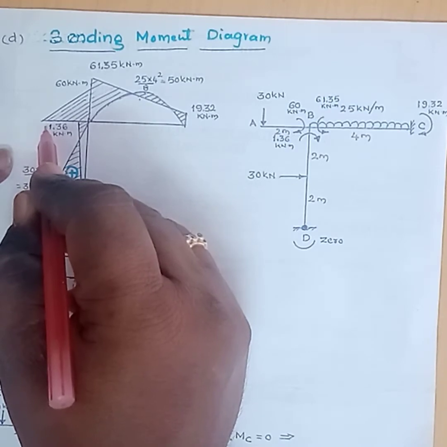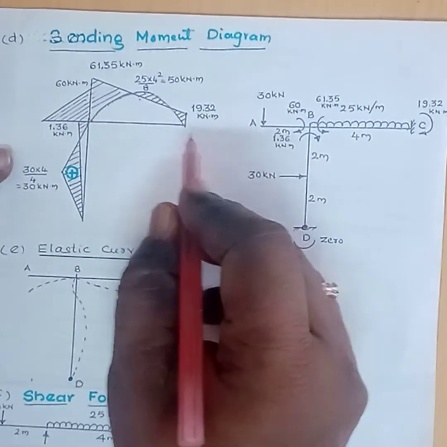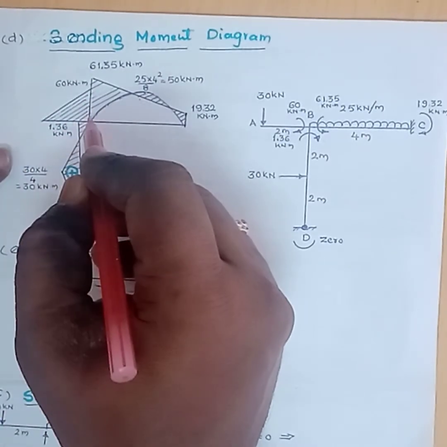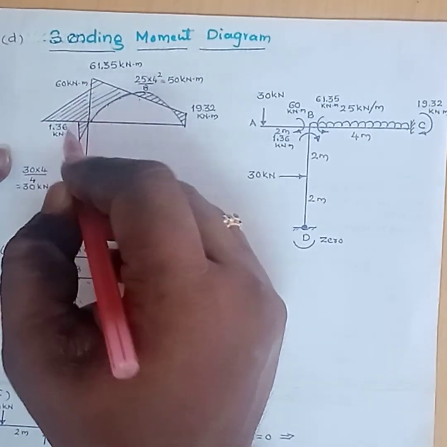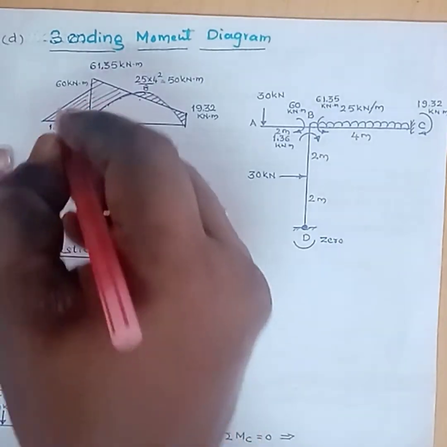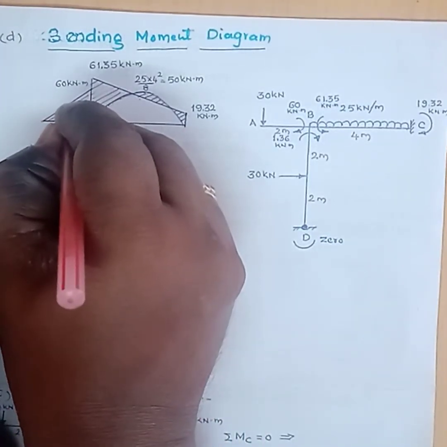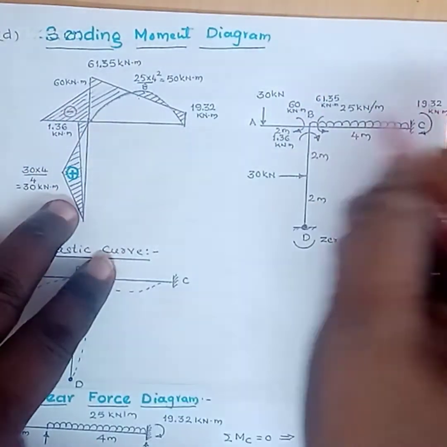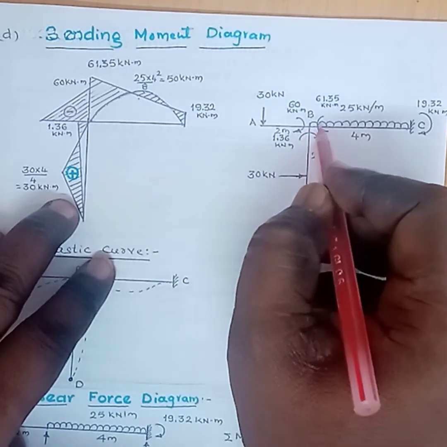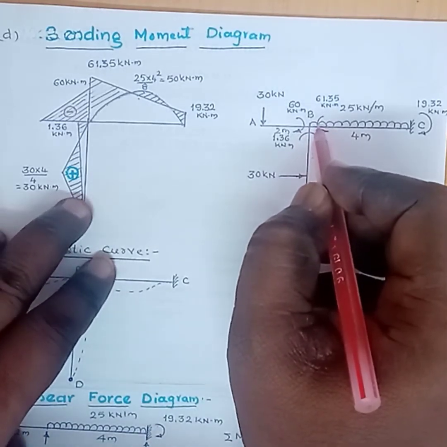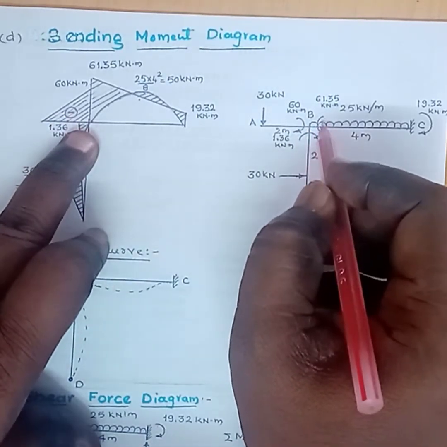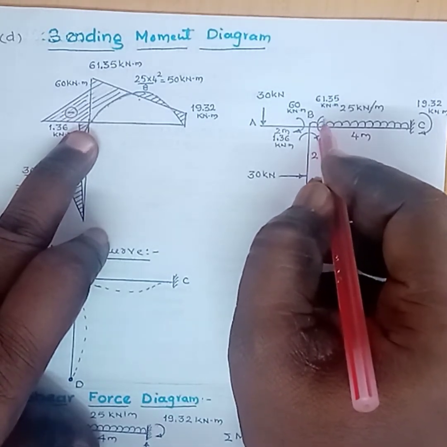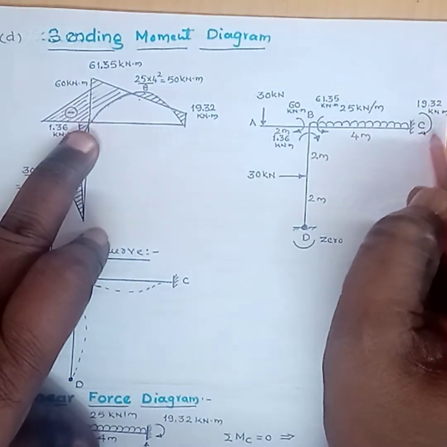First we have to draw this reference line or the datum line. With respect to this datum line, we can represent the hogging moment above the reference line. Here this one is hogging, hence this is hogging moment. This one is hogging moment. Here there is one more ordinate at B, that is 61.35 at same point. Here the ordinate of this one is hogging, and this one is also hogging.